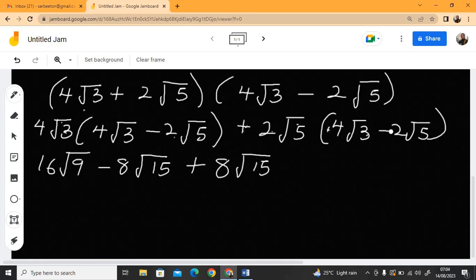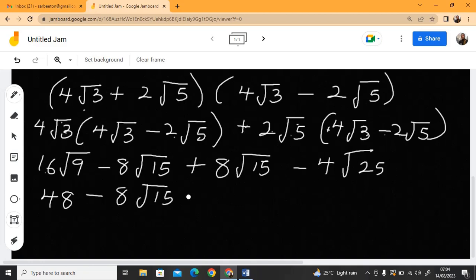Now, plus times minus is minus. 2 times 2, it is 4. Root 5 times root 5 is root 25. Let's take things easy. Now, root 9 is 3. We multiply that 3 with 16. 16 times 3 will give us 48. Minus this one, you can't do anything, this is already in basic form. There's nothing you can do here. Plus 8 root 15, minus 4 times what? Root 25 is 5. 5 times 4 is 20. So this minus 8 root 15 plus 8 root 15, they will cancel because